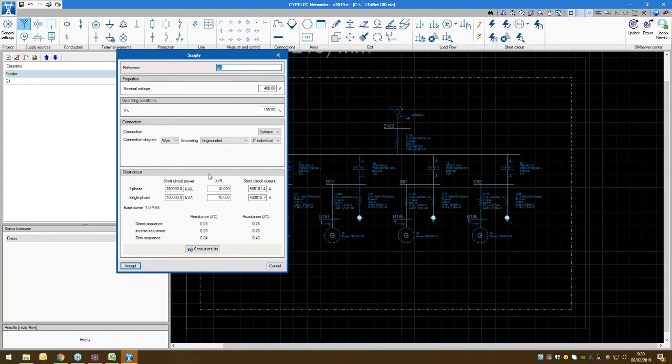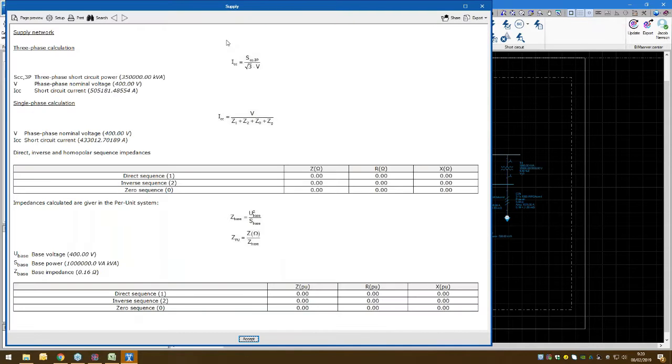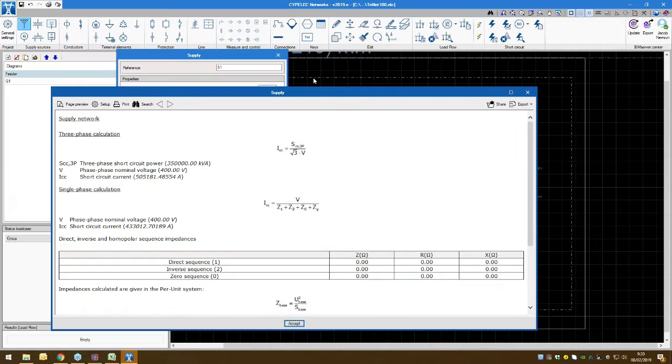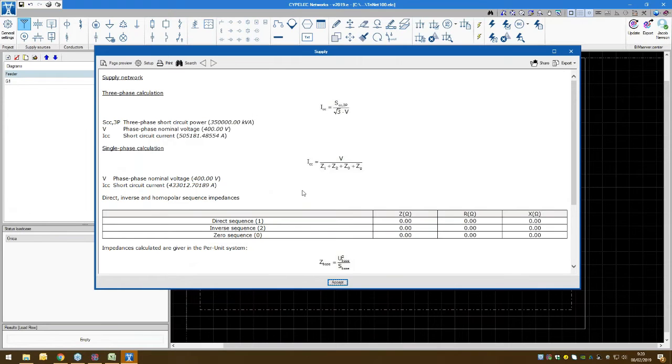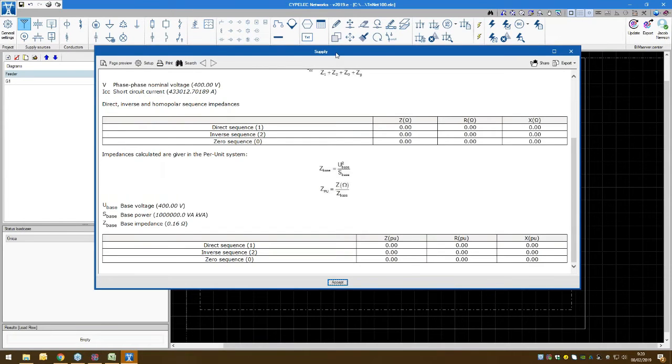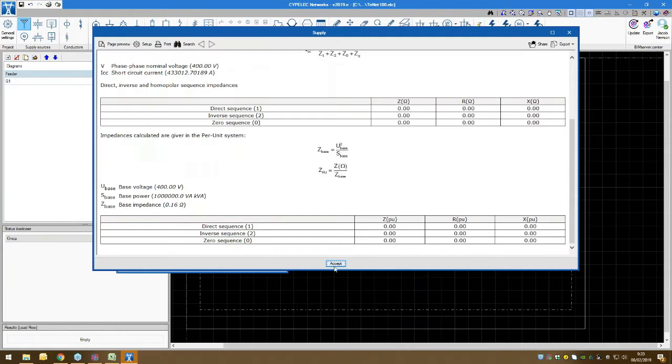And then at the bottom, you have the short circuit properties. For any additional information, you have the consult results button at the bottom of the window, which will basically give you an explanation of where the data has come from for this prompt. We can accept that